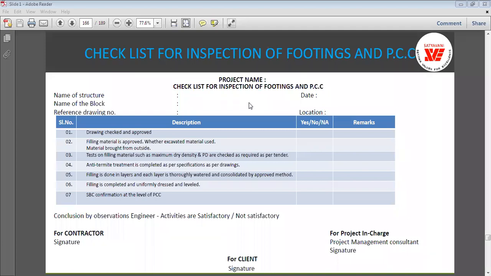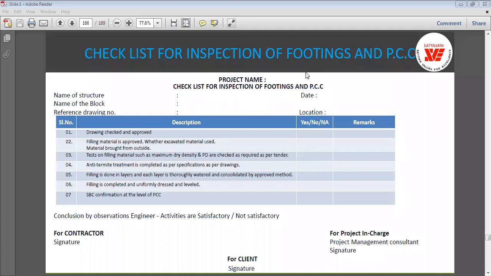discuss with you. Okay, I don't think there is any standard format. On the internet you may get some, but that is with respect to a particular site. You may get any formats for the checklist, but that is for particular sites only. So these are some common formats that I want to share with everyone. Yes, I hope this is clear.